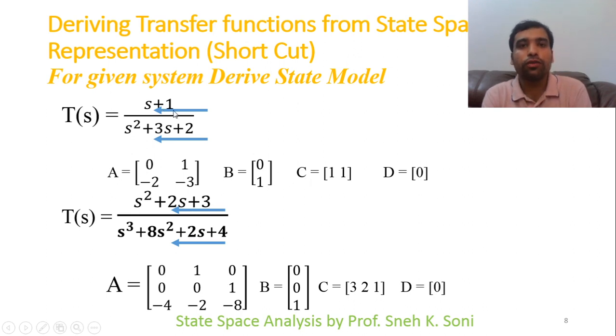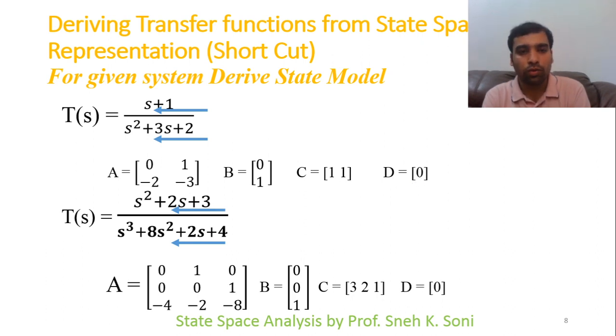What is the shortcut for C? When I have numerator coefficients, then only you will be changing the terms in C, otherwise it will be 1 and 0. If it is 3 cross, say, 1 cross 3, it will be 1 0 0. But here I have a numerator term, that is s plus 1. So here how will I write it? Again I'll see this arrow and I will not change the sign. So in C you don't need to change the sign, in A you need to change the sign. So here again my coefficients are 1 1.